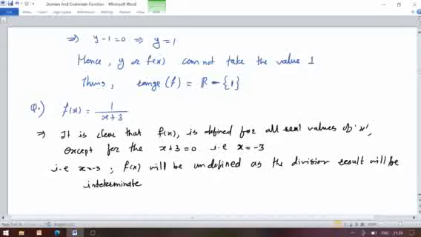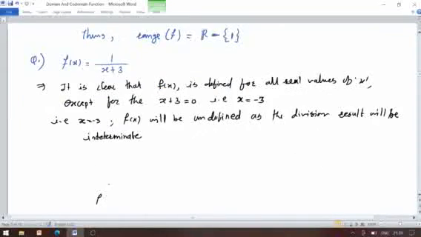Now the domain of the given function f of x, we are writing the domain now, is the set of all real numbers except the singleton minus 3 here. Now for finding the range of the given function, I would like to write here, for the range of the given function,